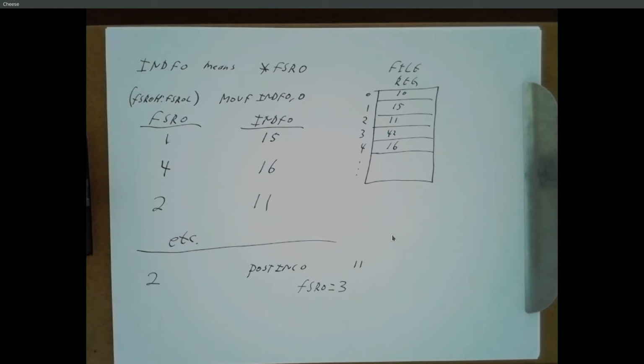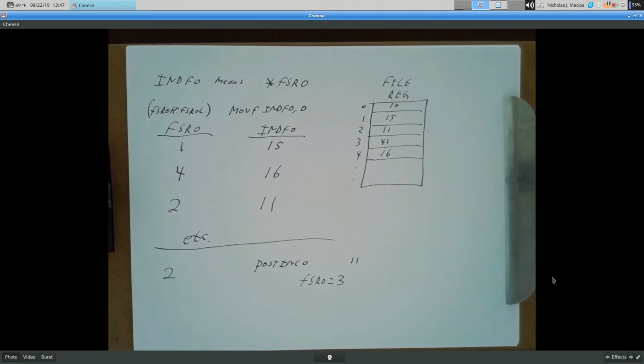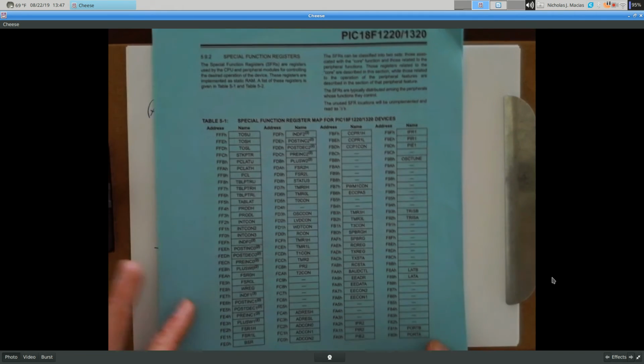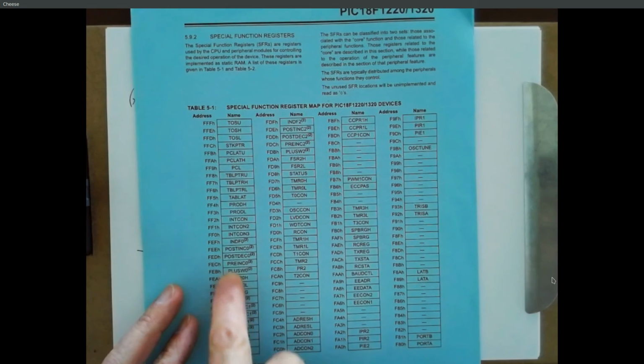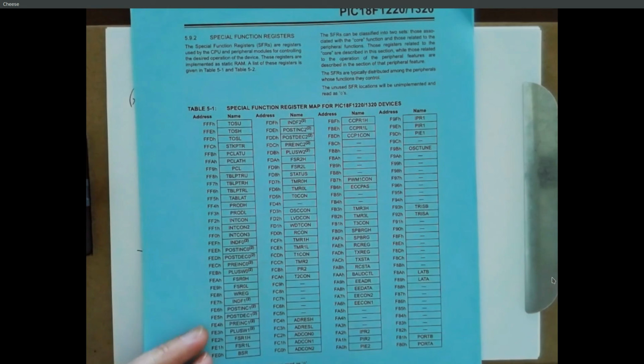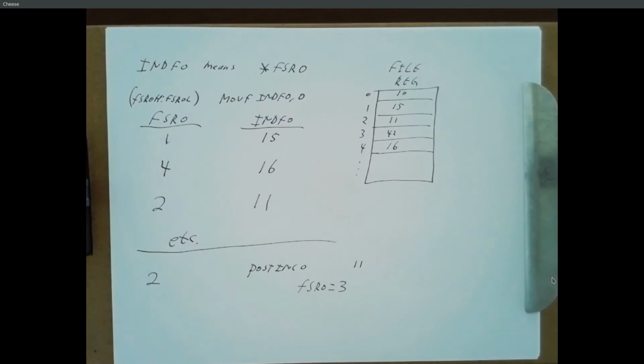So there's variations. I always forget what the options are. There's a postinc, there's a postdec, and there's a preinc. The post ones increment or decrement FSR after you do your operation. The pre does it before. And then there's plus W0. I won't ask you about plus W0, but plus W0 basically